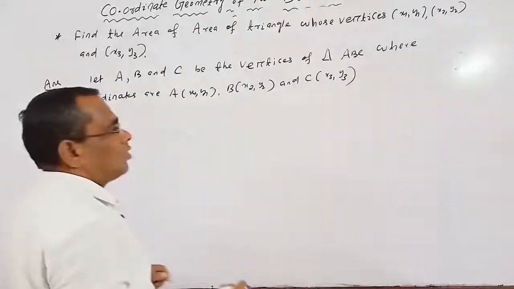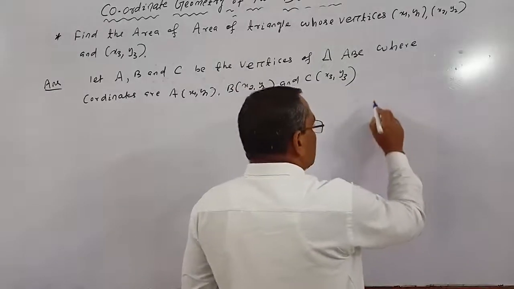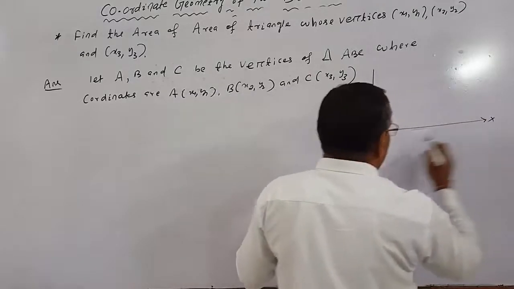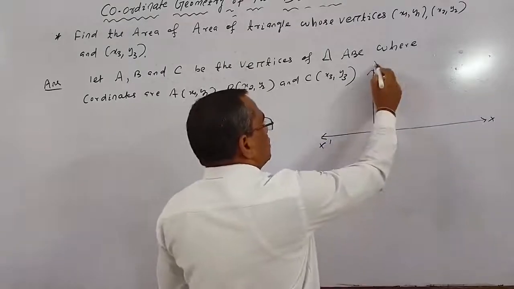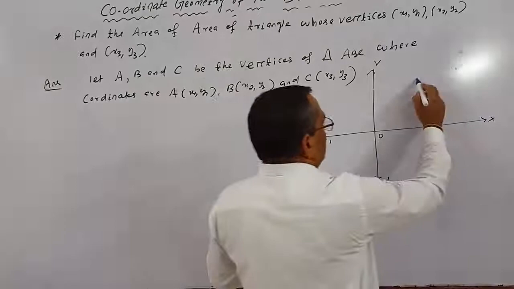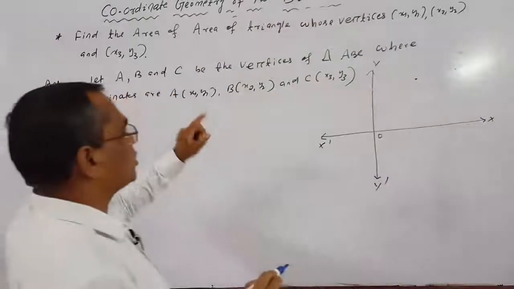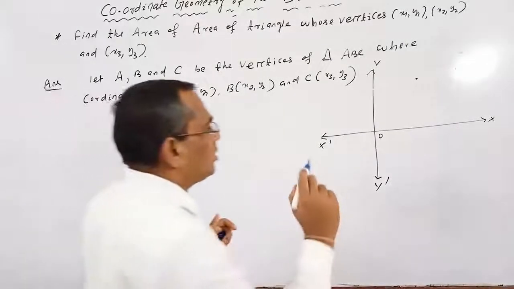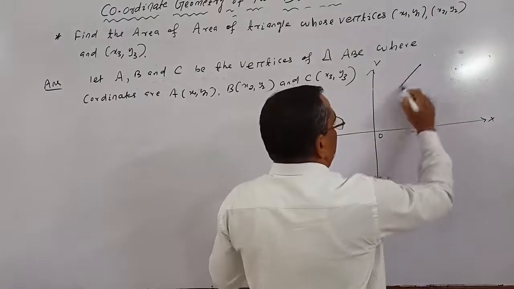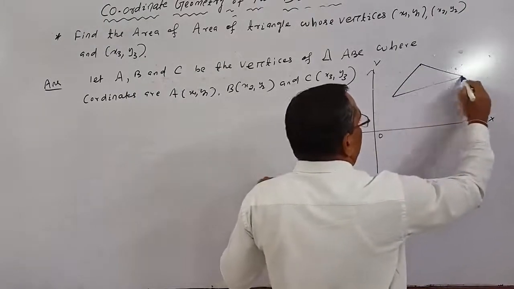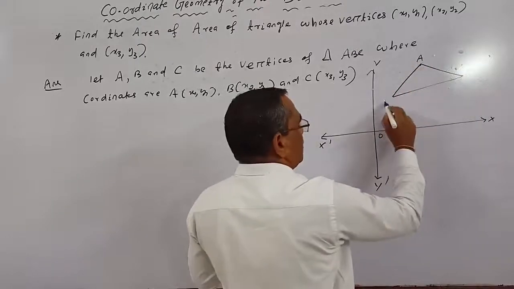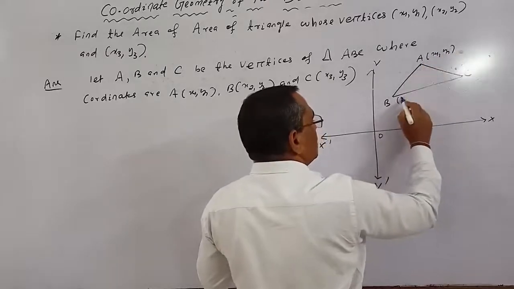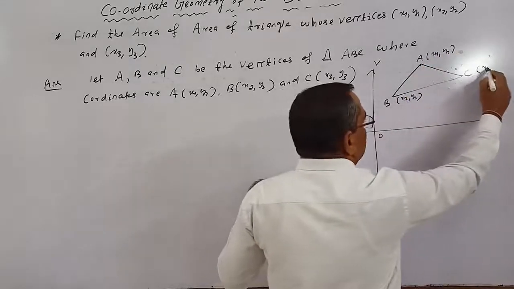Okay. So how to find its area? Suppose this is the coordinate axis, here XOX' and this is known as YOY'. Here three points are there. Suppose these three points (x1, y1), (x2, y2), (x3, y3) lie in the first quadrant, or maybe in the second quadrant, whatever may be. So here A, B, C. A point has coordinates (x1, y1), B point is (x2, y2), C point is (x3, y3).